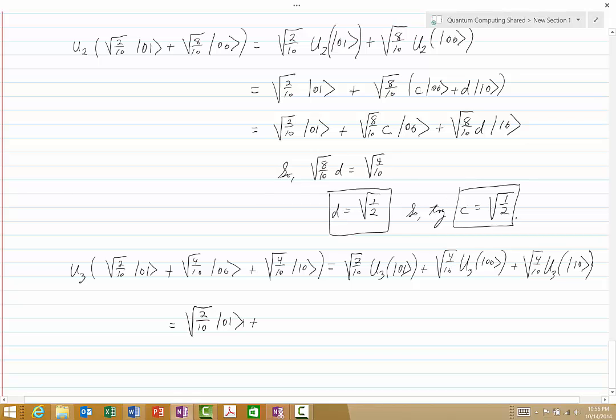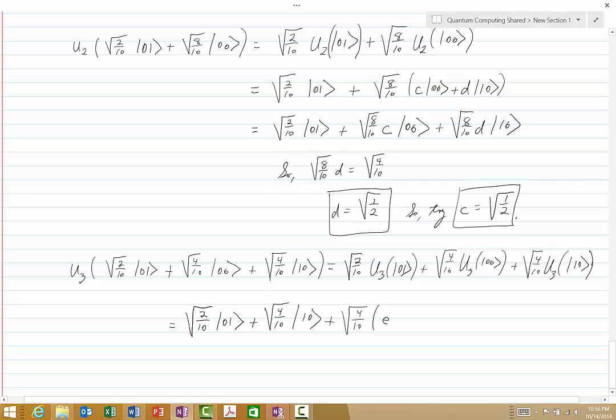Not only does u3 act trivially on 0 1, but u3 also acts trivially on this last term, 1 0, so we get square root of 4/10 1 0, and then finally we get square root of 4/10 u3 of 0 0,